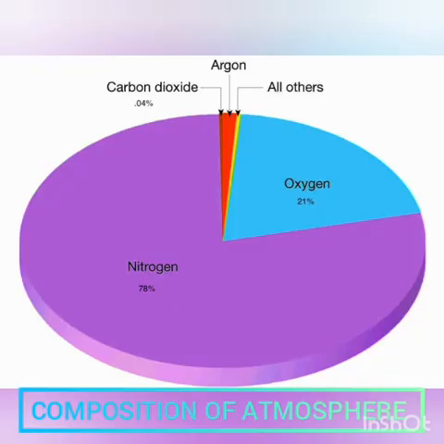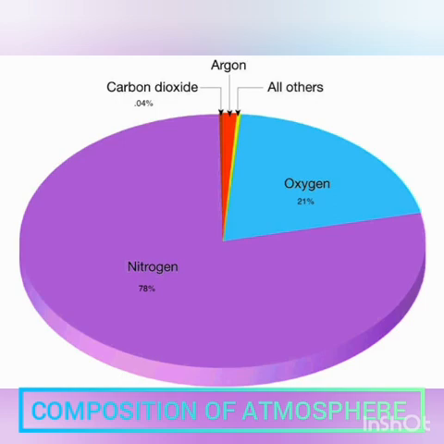The atmosphere is made up of layers of colorless, odorless, and tasteless gases. It is a mixture of gases, water vapor, dust particles, and smoke. It consists of pure and dry air, mainly nitrogen, which is 78%, and oxygen, which is present in 21%. Then there are other gases found in very small quantities, like argon, carbon dioxide, neon, ozone,